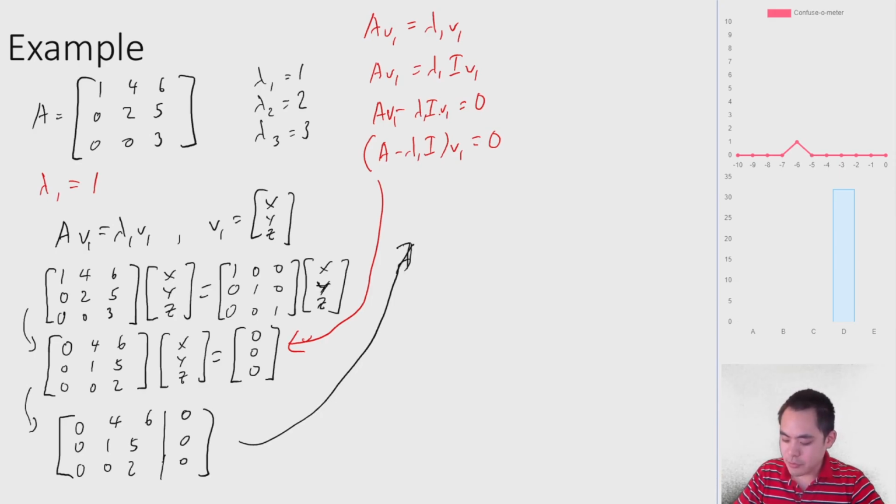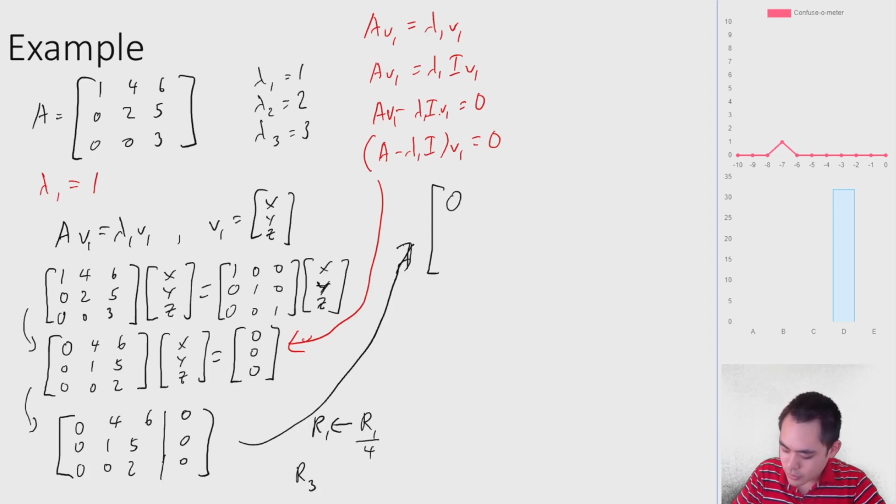So we need to solve the system of equations, but this is just Gaussian elimination, right? The first step of Gaussian elimination is we're going to divide the first row. So let's say row 1 is row 1 divided by 4, and row 3 is equal to row 3 divided by 2. So then you get 0, 1, and let's see, this is 3 halves, 0, 1, 5, 0, 0, 1, 0,